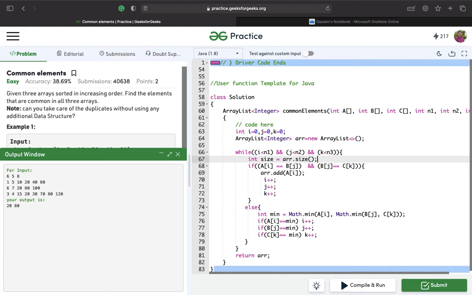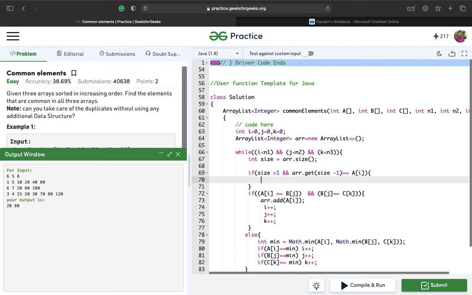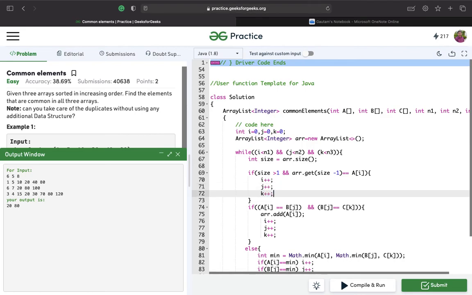We'll store the array list size in a variable called size. Now if size is greater than 1 and ar.get(size minus 1) equals a of i, we could use any array's variable, a of i or b of j or c of k, it doesn't matter, because all three are equal. If that's the case, we simply increment the pointers.